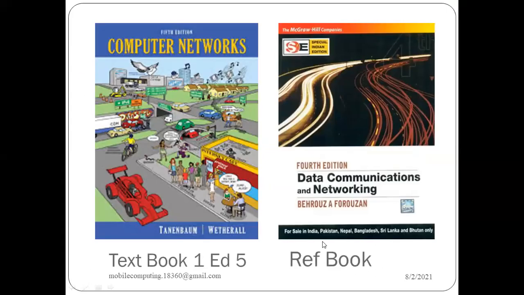So you can see over here, this is how the book will look. This is your textbook. We have different editions, right? So you can go with the new edition, and this one is Data Communication and Networking, which is a reference book for you, right? I have the soft copy of these two books. I am definitely going to share with you. If you want a hard copy, you can purchase it from Amazon or Flipkart also. Even you can get it from the library. We have lots of books in the library also, right?